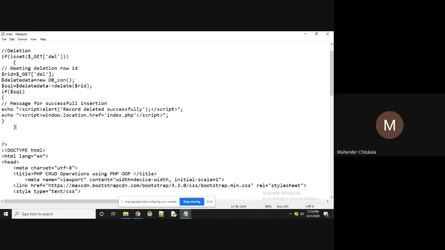And so $deletedata is equal to new db_con. Here we are creating the object for db_con. That object name is deletedata. After creation of the object, $sql is equal to $deletedata